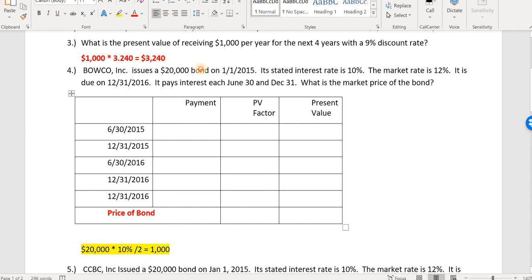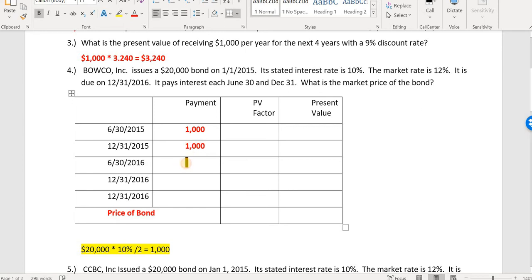$20,000 is our bond amount. 10% is our interest rate. Now, why did I divide it by 2? Did I lose my mind? No. We're going to get paid twice a year. So you don't get 10% a year. You get 5% every 6 months. 10% divided by twice a year. So 20,000 times 10% is 2,000 divided by 2 is 1,000. So we're going to receive a check for $1,000 June 30th,